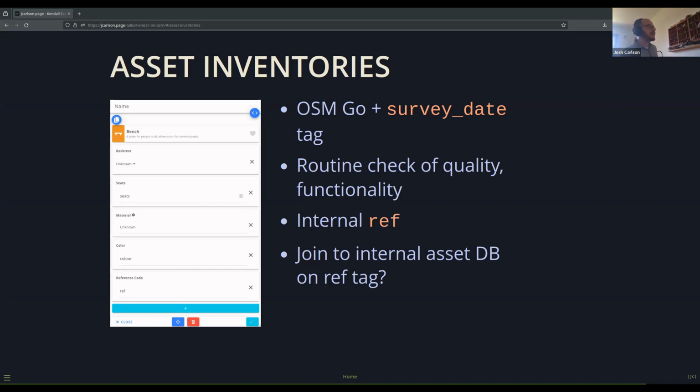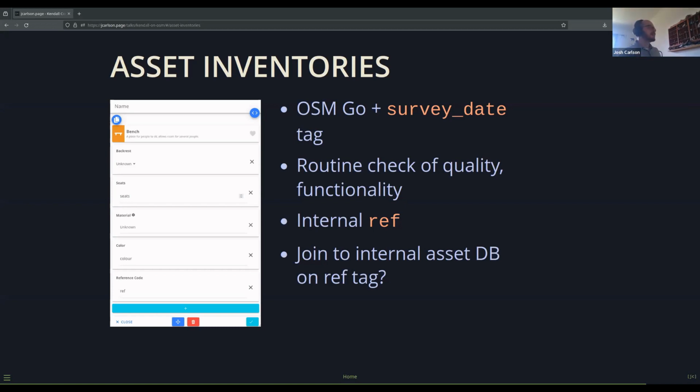And while you're there, update the details about the benches, the water fountain, all things that we want mapped in OpenStreetMap. We want the parks to have information about where the benches are, where the dog waste bags are, where the trash cans are. These are good things to have mapped, but maybe the parks department doesn't have the financial ability to get a full-blown asset management software, right?